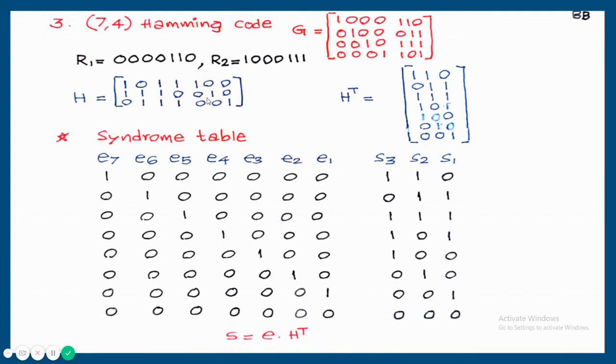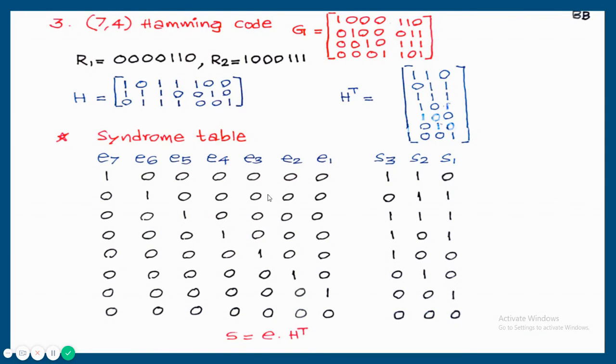Again, the (7,4) Hamming code is capable of correcting only 1 bit error. So the total number of error patterns is 7C0 plus 7C1, that is 1 plus 7 is equal to 8. So all 8 error patterns are written here. Out of these 8 error patterns, the last one, 7C0, has no error. And the first 7 patterns are 7C1. The meaning of 7C1 is a 1 bit error pattern, so only 1, one and 6 zeros.